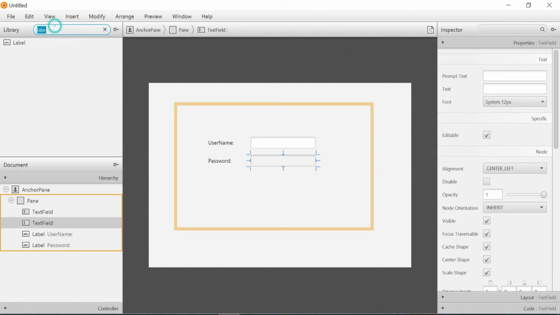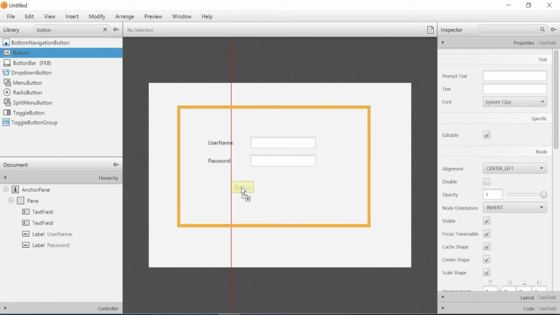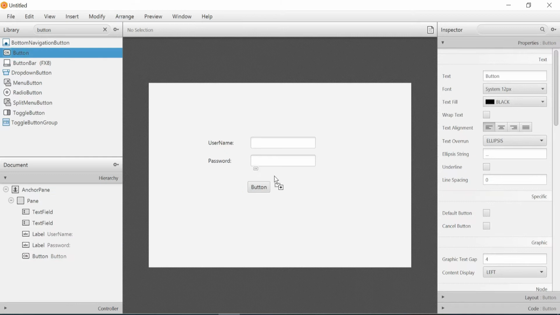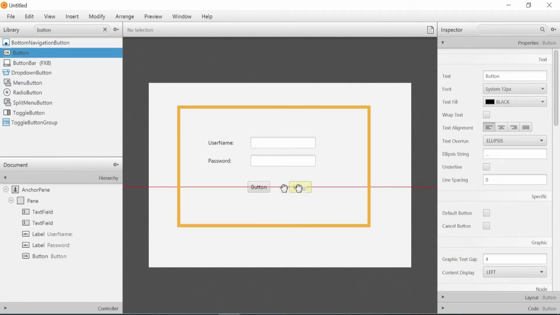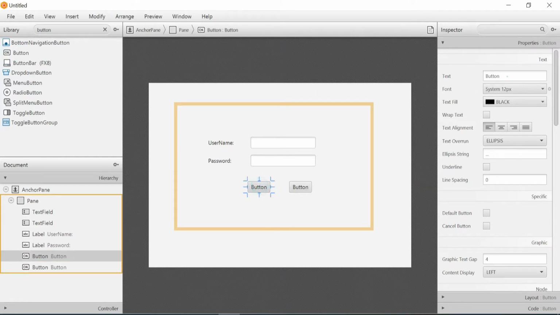And we need buttons, so you can just type button here. I will use two buttons. One button I will name submit, and another I will name reset.